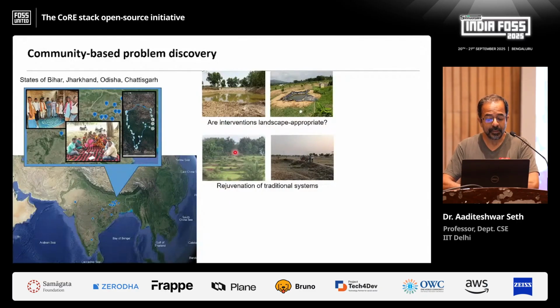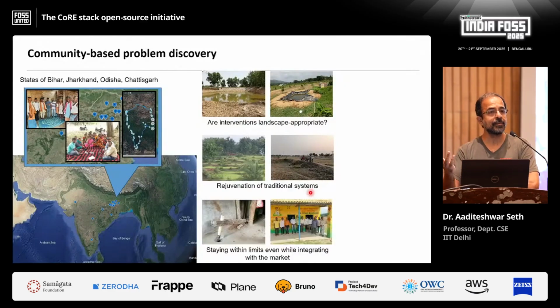Likewise, landscapes like this, where there are forests and farms in the foothills, are awesome because when rain falls, the runoff flows into the farms and is very nutrient rich. A lot of soil organic carbon and other things come from here. And likewise, in different kinds of terrain, there are different traditional water structures. But now, because groundwater and such things are more easily available, many of these traditional systems are not being maintained. So all these channels are blocked and so on.